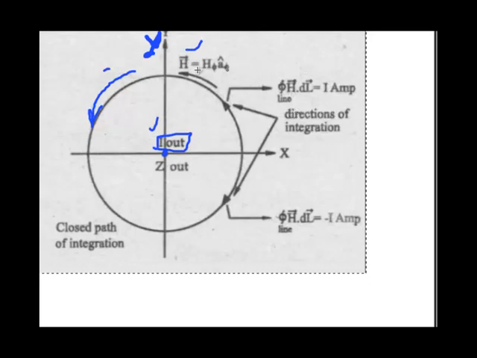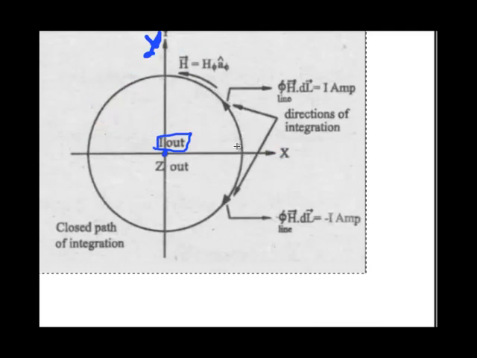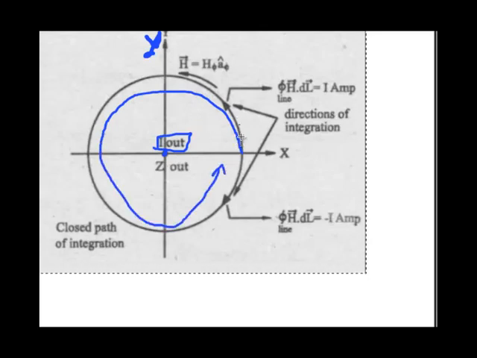For that we have to integrate H. We have to integrate H over a closed line integration, because if you start integration from this point, then we have to integrate over the whole circle from start to end, so that the circle is closed. That means we have to start from a point and end at the same point. So it is called a closed line integration. From this figure we can have two possible types of integration: I can integrate anti-clockwise like this, or I can integrate clockwise also.